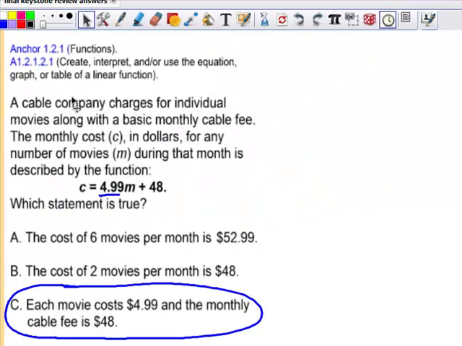Okay, next problem. Make sure, again, any word problem, put yourself in this situation. Read carefully, identify what your variables mean. C is your monthly cost, and you're charged $4.99 every movie that you rent, and a $48 cable fee, which